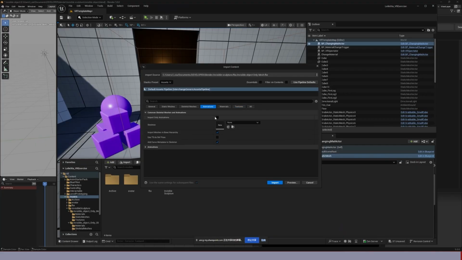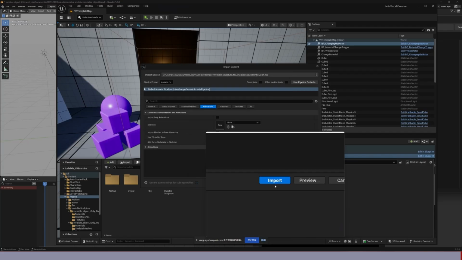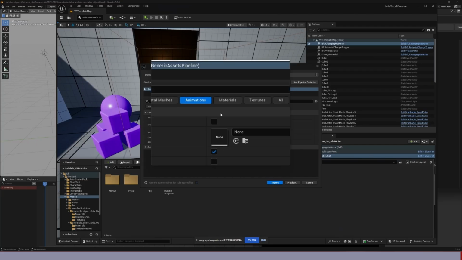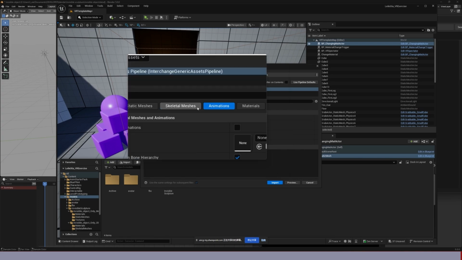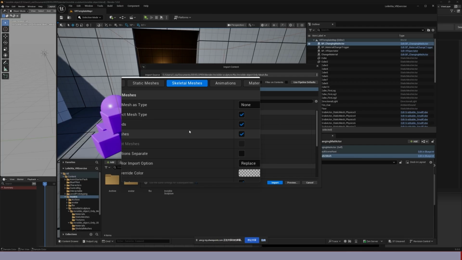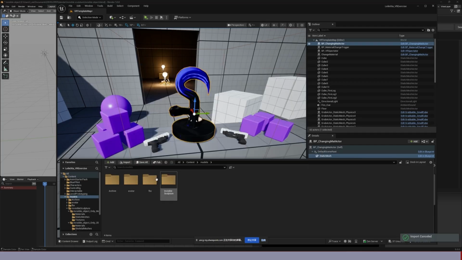But under the animation, sometimes they will toggle this, and then you wouldn't be able to see the import button light up. So make sure to untoggle this when you're first importing your mesh, and also leave these as usual, normal, and then you hit import. And this one is the imported mesh that I have. So you can see this is the object. And then